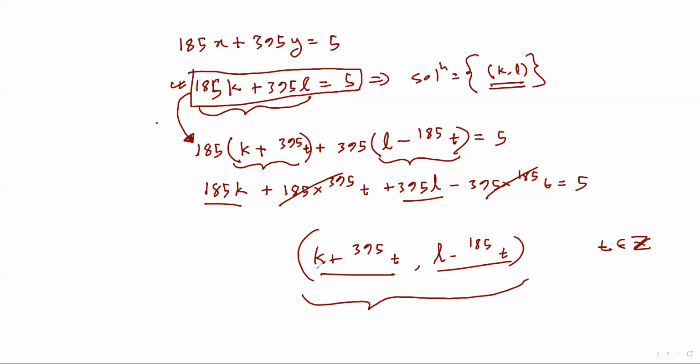This is the question. That is, can we conclude that the solution set is just numbers of this form, k plus 395t, comma, l minus 185t, such that t belongs to Z? Are these all the solutions, or are there any solutions outside of this solution set? This is the question. The answer is there can be more, actually, because